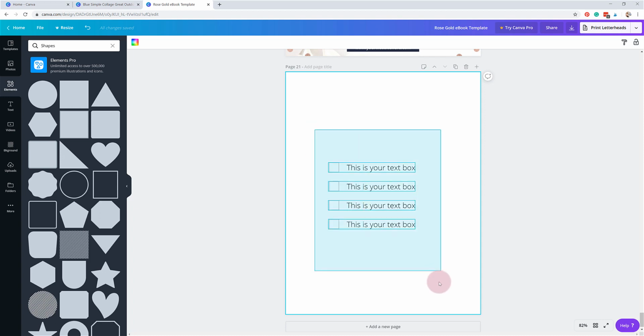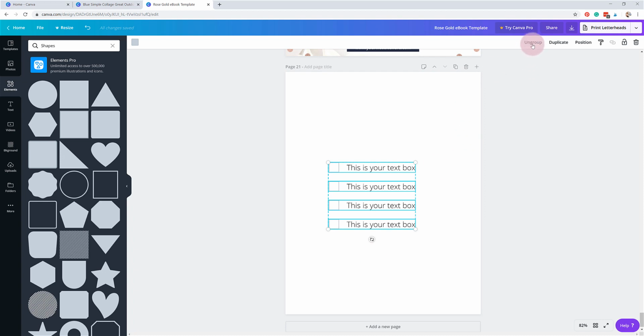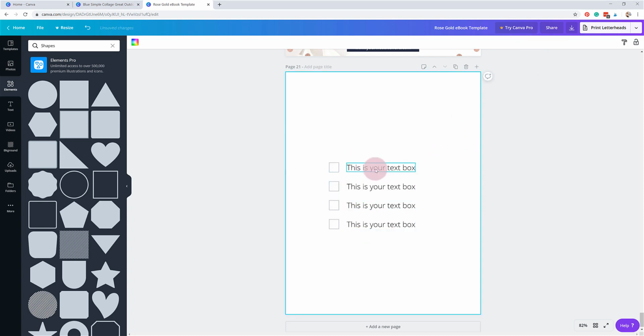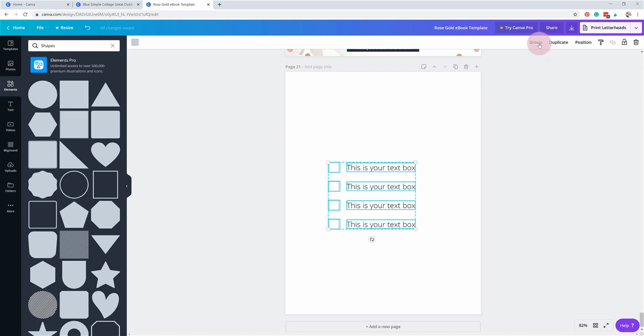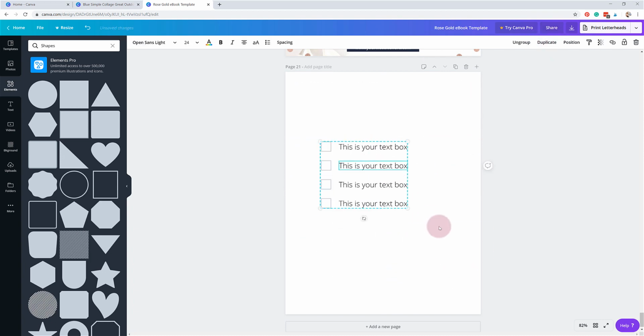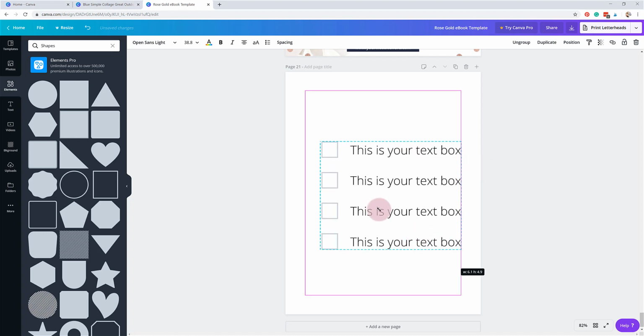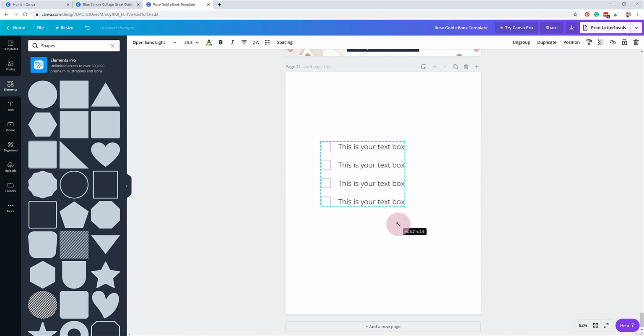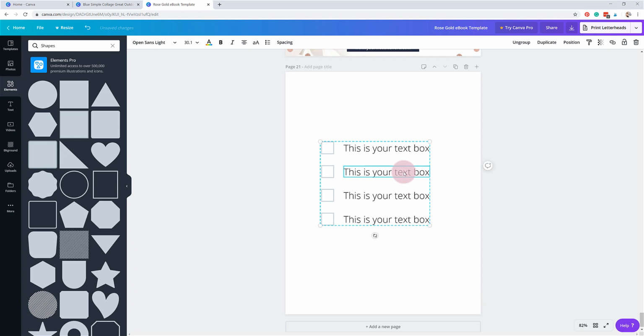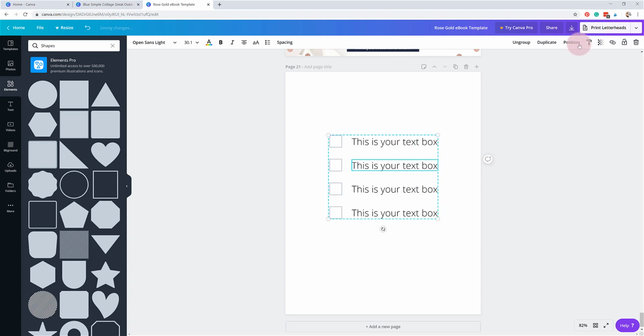Once they're all ready to go, I could even ungroup them as individual sets of 2, and I could regroup them as a whole if I wanted to. And that way, there's no way that I can mess those up. I can also increase or decrease the size of both of them or all of them at the same time. So it's a really, really convenient tool when it comes to the position option. You do have to have selected multiple items in order for that to work. You can't just select